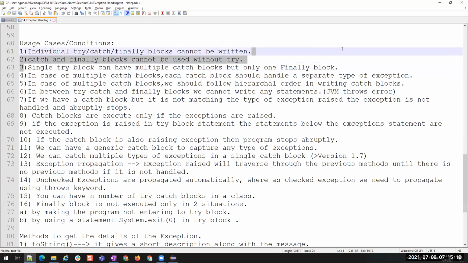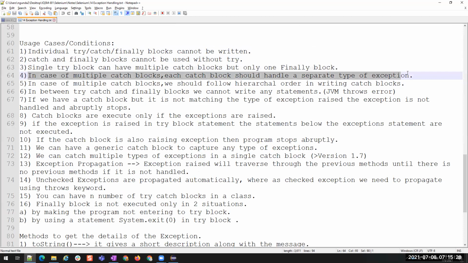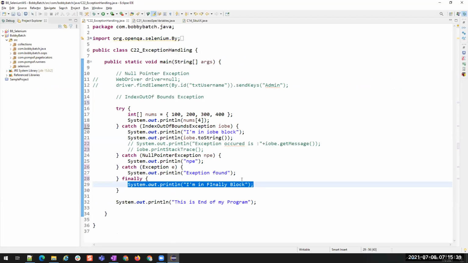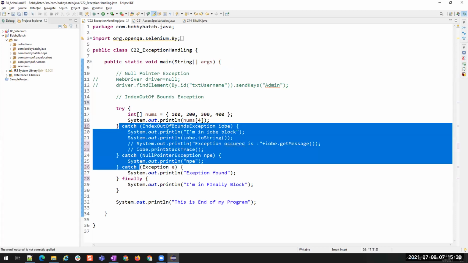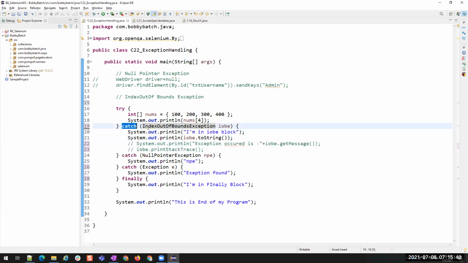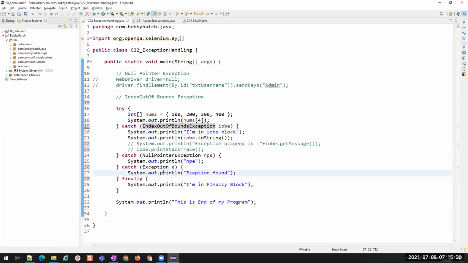Now, a single try catch block can have multiple catch blocks, but only one finally block. That also we have discussed. In case of multiple catch blocks, each catch should handle a separate type of exception. That also we have seen. You see, null pointer exception, and then index out of bounds exception. So if we are having multiple catch blocks, each catch block should have a different kind of exception. And also the generic exception should always be the last catch block, because index out of bounds, null pointer,